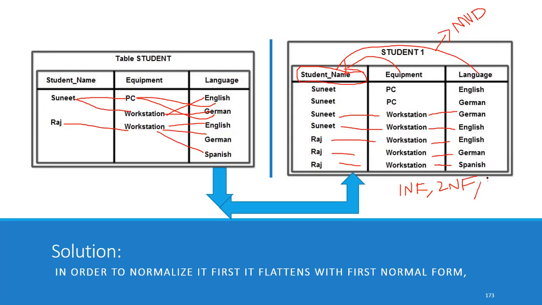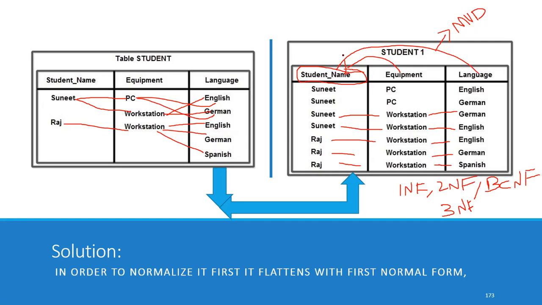Again we have to check the Boyce-Codd normal form. Boyce-Codd normal form means the table must be in third normal form. It is already in third normal form, and you can check whether multiple candidate keys are there. There is only one candidate key, student name, and we are retrieving the tuple of data based on the student name. Uniquely identifying the row of data based on the single candidate key. So here the Boyce-Codd normal form is also satisfied.